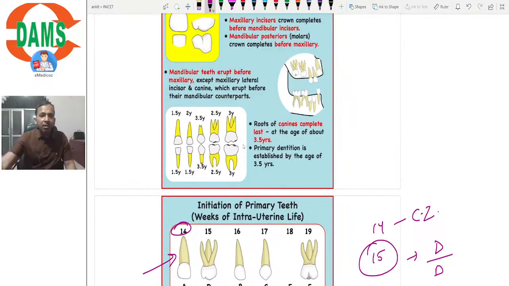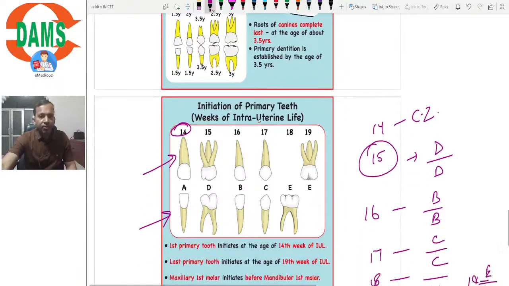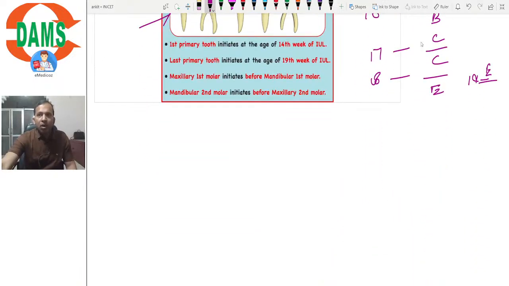लैटरल इंसाइजर है, राइट। तो ये बस ये कि अप्रोक्सीमेटली एट द एज ऑफ 3 to 3.5 years canines की रूट एस्टैब्लिश हो जाती है। इट इज देन वी से दैट द प्राइमरी डेंटिशन हैज एस्टैब्लिश्ड, राइट। सो दिस वाज ऑल अबाउट द DADH। अगर कुछ पूछना हो तो आप पूछ सकते हैं।